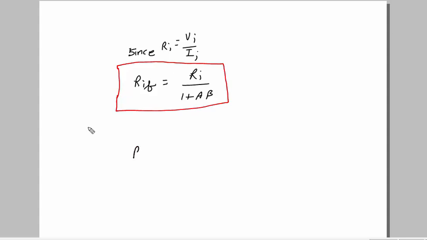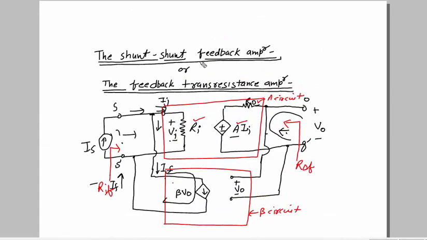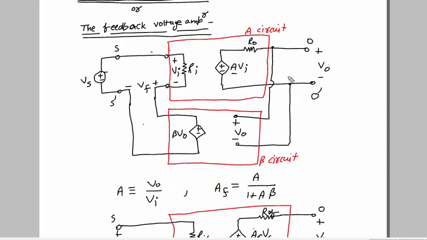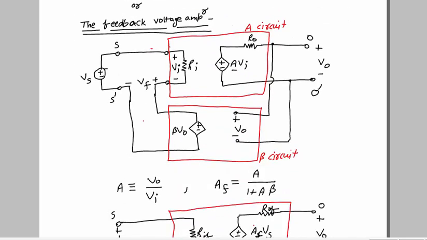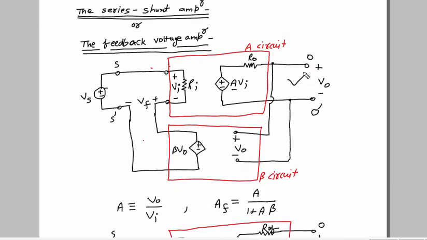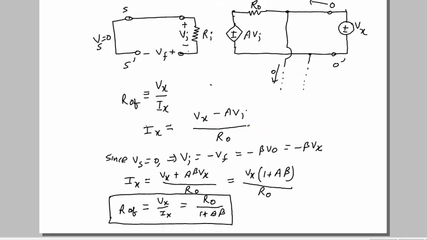Now what type of connection does it have? It is a shunt feedback, so we can see that the output is a shunt connection. When we studied in the last class the series shunt amplifier, this was also a shunt connection. So we have already derived the formula for ROF, which we got as ROF equals RO divided by 1 + Aβ. So we can directly write this value here.